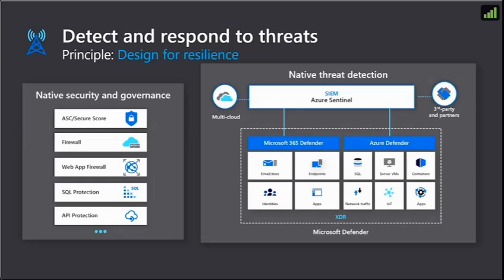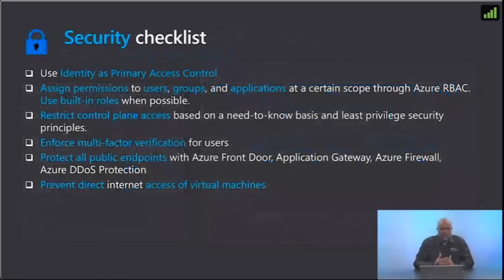So you use these together. Everything here is part of what we offer on Azure, and this can become part of your designing for resilience in terms of your workload. Now, of course, security is one of the most important aspects of any architecture. It provides confidentiality, integrity, and availability, assurances against deliberate attacks, as well as abuse of valuable data and systems. You don't want to lose these assurances. Losing these assurances can negatively impact your business operations and revenue, as well as losing your organization's reputation in the